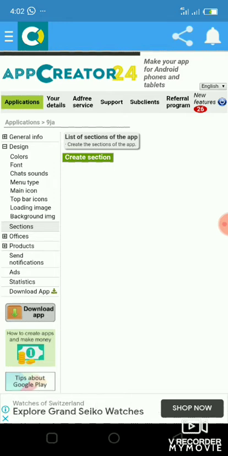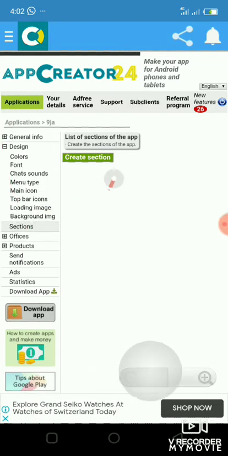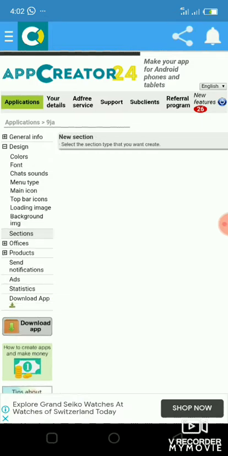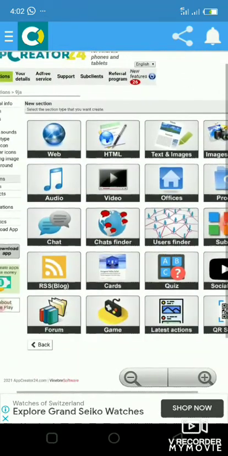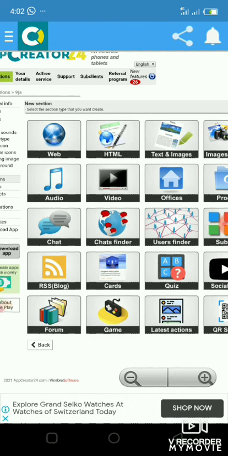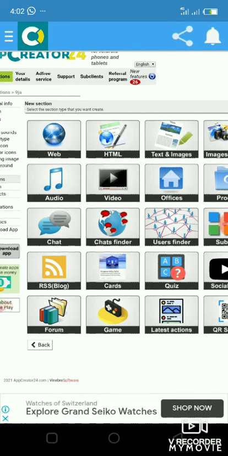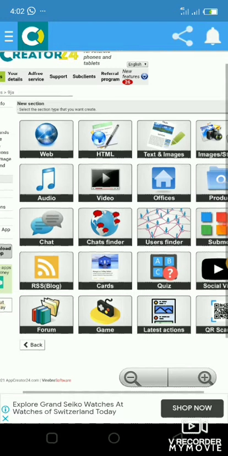Under this section, now you see me, I click on sections. Now I click here, and it takes me here. Now under this, if I click on create a section, it's just like WhatsApp. At first, WhatsApp had nothing like status, but they created the section. You see, WhatsApp now has status. The first WhatsApp that came out had nothing like status, but later they created a section. There's a status now, right? So under this I can create a section.